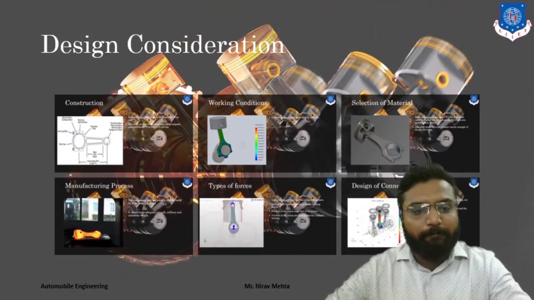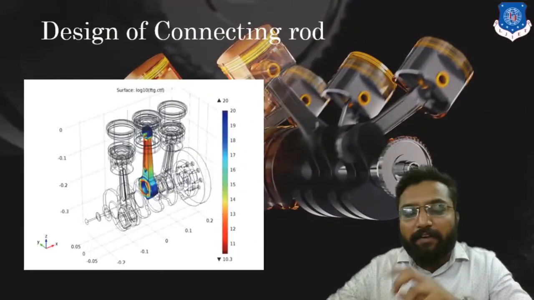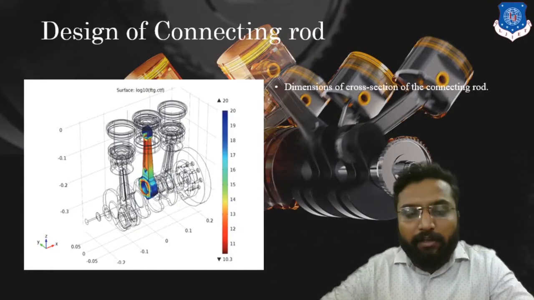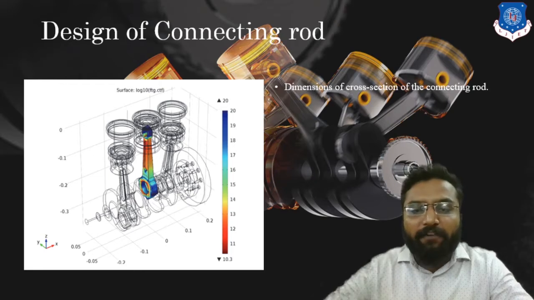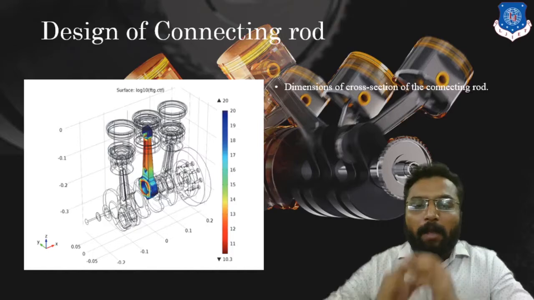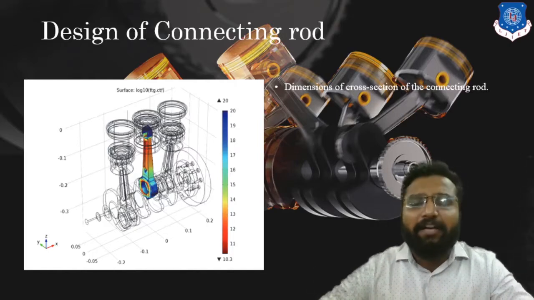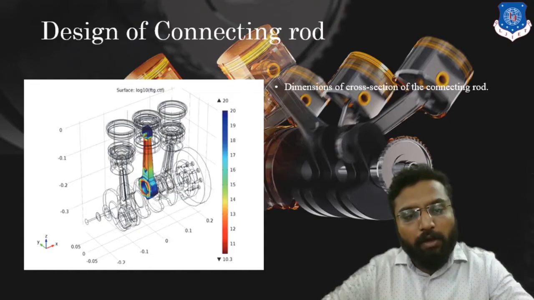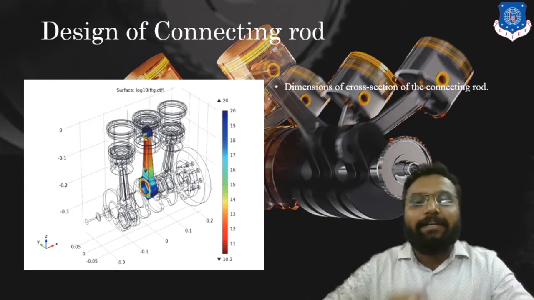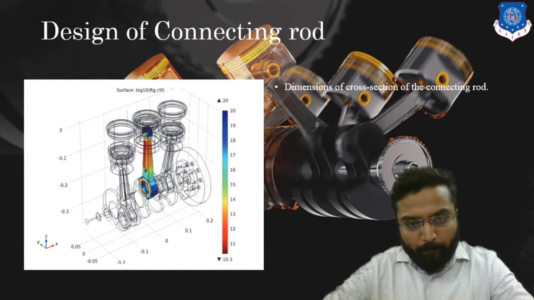So, after this determination of forces, we are going to design the different components or different aspects of our connecting rod. First we are going to design the body of our connecting rod, which you can say is the shank of our connecting rod. First we are going to determine the cross section area of our connecting rod. To determine this cross section area, we have to consider it as a short column. By considering it as a short column, we have to apply Rankine's formula for short column.